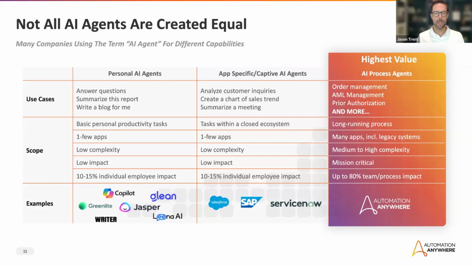And that's why we really think you need a platform like A360 that provides this enterprise-wide process agent capability. We can connect into multiple different systems of record. You can build agents on our platform with those integrations. You can also take advantage of agents that exist on other platforms as well.